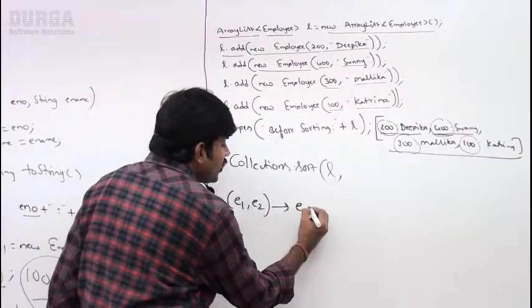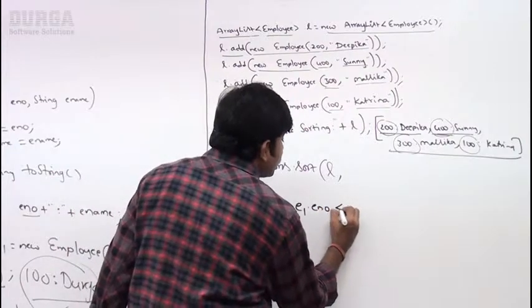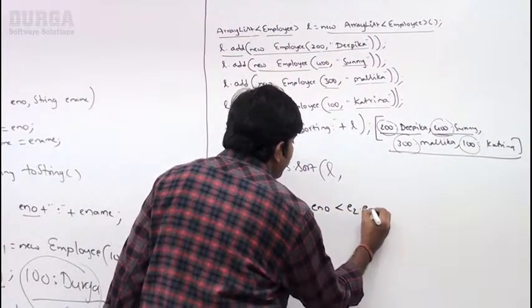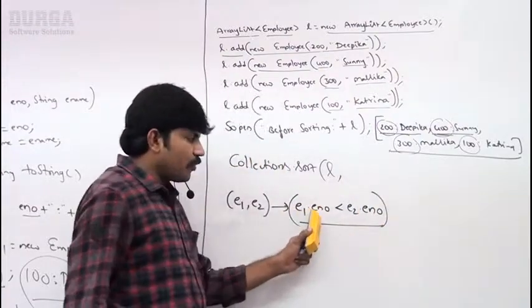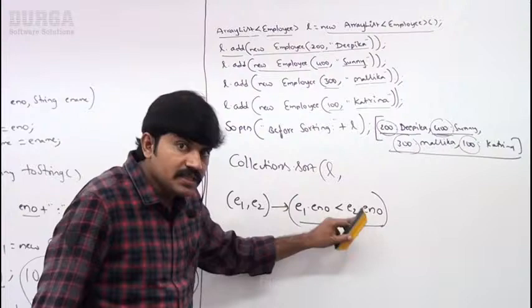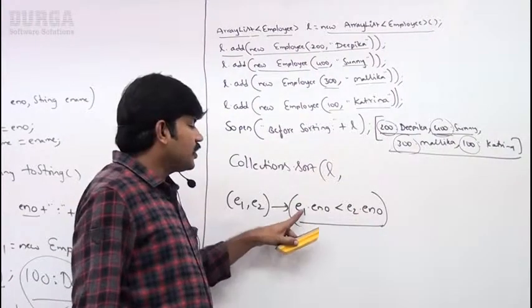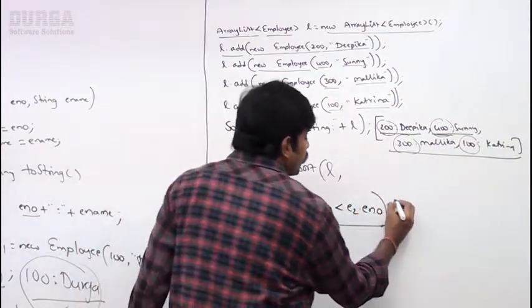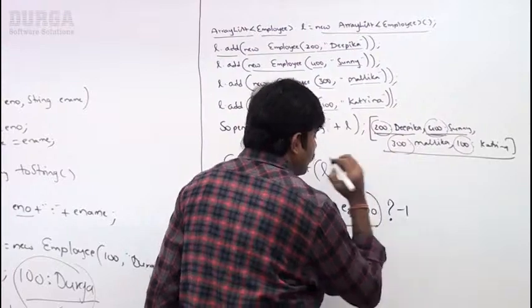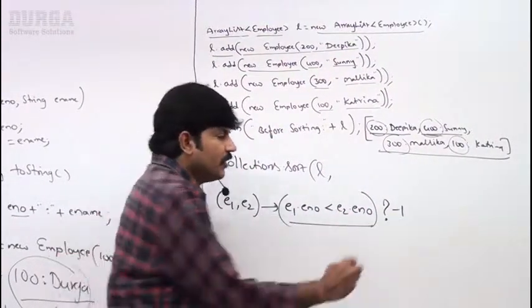Sir, if the first employee number is lesser than the second employee number, have you observed, right? Then the smaller employee should come before. That's why question mark -1. If this condition is satisfied, return -1. Else,